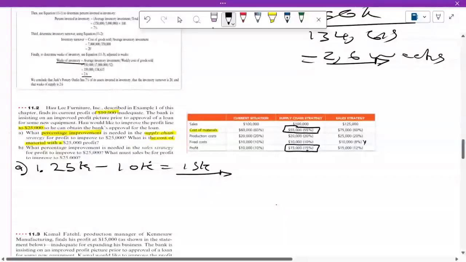So what is our original value? What is our original profit? Profit is 10. So we're going to compare this with our 10,000 to get a percentage. So we're going to say 15 minus 10 over 10K multiplied by 100 equals to,